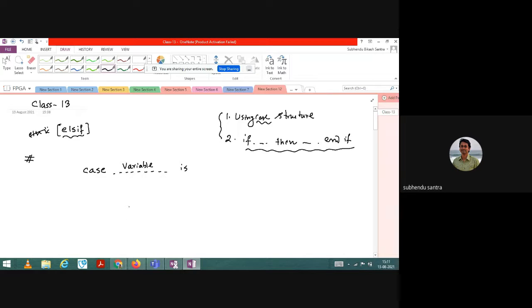Then you can write like this: when some value 1, then you assign some statement. Similarly when value 2, so these values are user defined, then once again another statement.